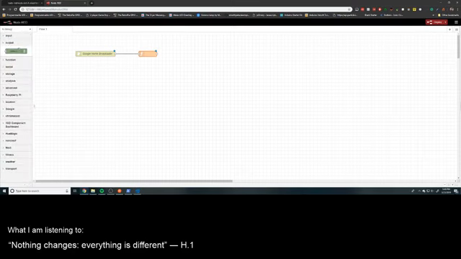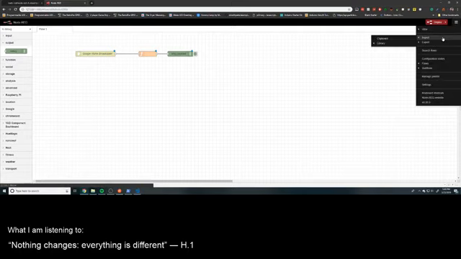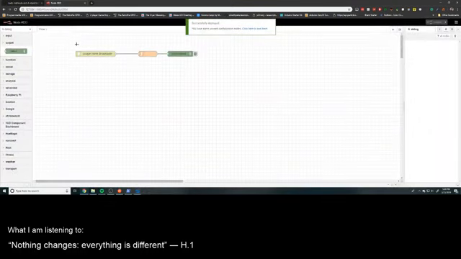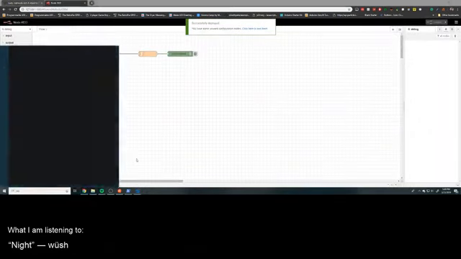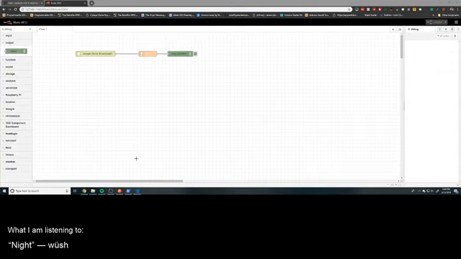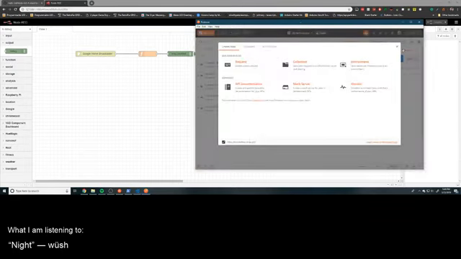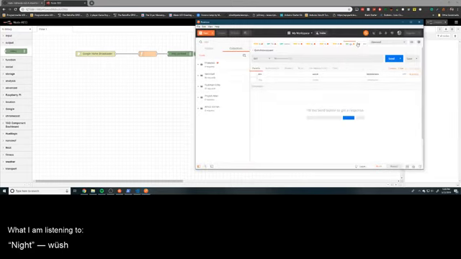So I'm going to use the debug block that will handle it, and I should be able to say view debug messages. Now when I deploy, I can see what I'm working with exactly. So I have this, I know there's a message object. So I'm just gonna work on a new environment.